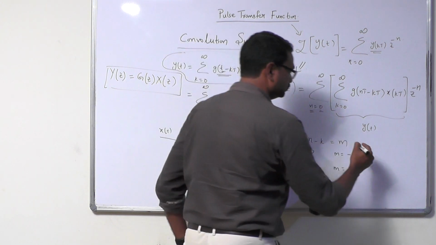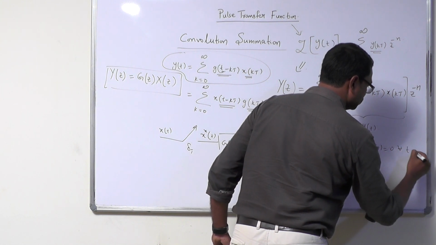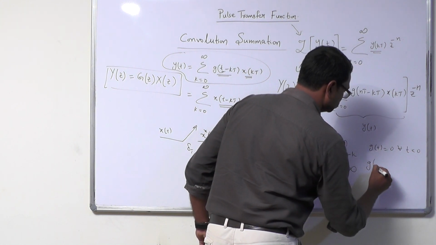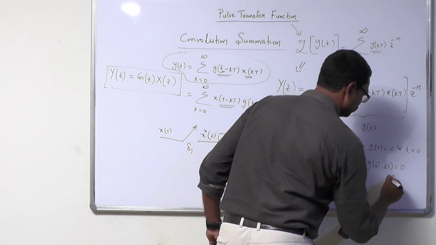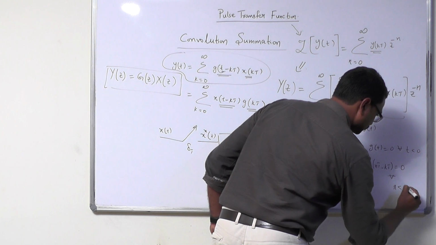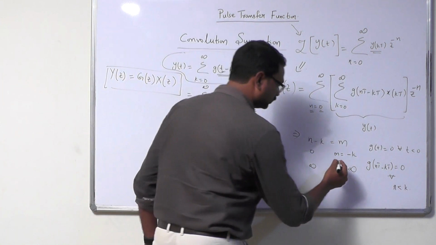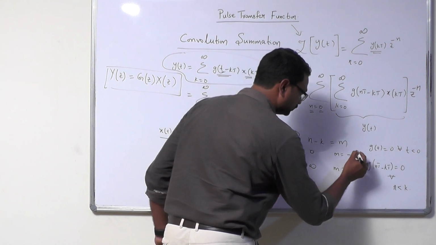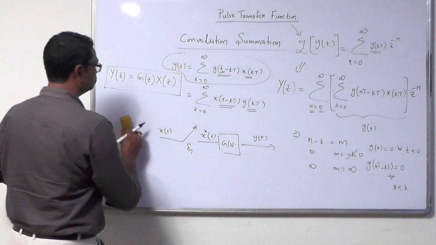And we know that g of t is equal to 0 for all t less than 0. It means that g of nt minus kt is equal to 0 for all n less than k. When this is happening, therefore m is equal to minus k, you can replace this with 0 without any hassles. Therefore